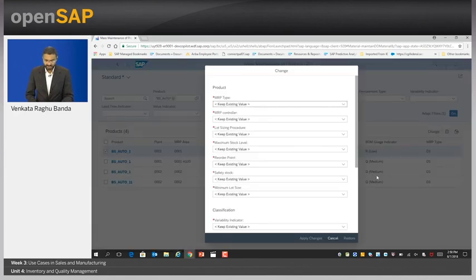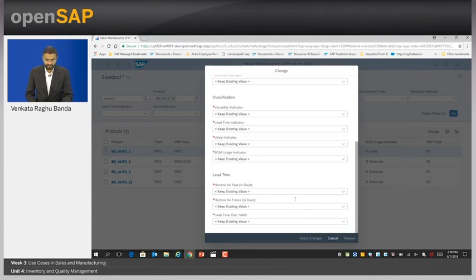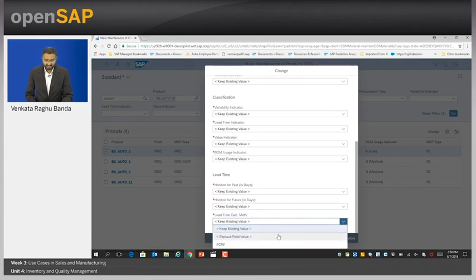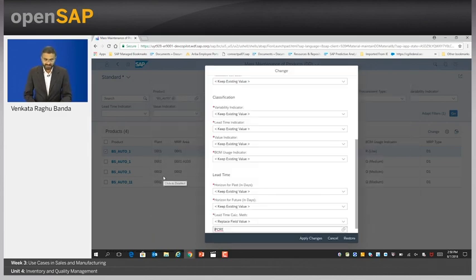Now I go to change. What I am trying to do here is, in this particular product, I go to the lead time parameter. For the lead time calculation math, I say replace the field value, and I pick up, and it takes me to that particular math. I hit go. There are different items. I could see how I calculate that lead time, whether I take starting from creation date, or release date, or from product master, or utilize the prediction based algorithm. So I pick the prediction based algorithm, which is the predictive scenario that we have leveraged. Now I say apply changes.